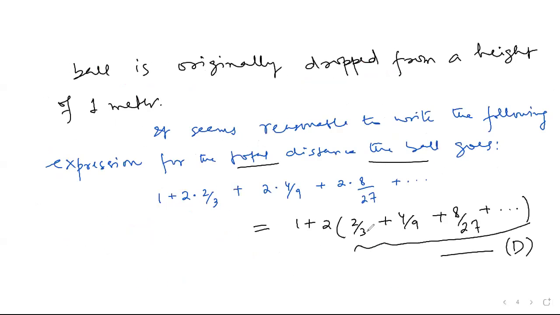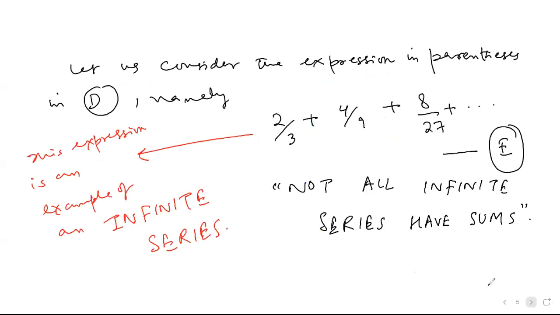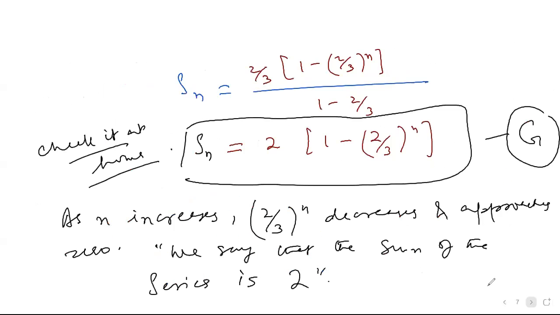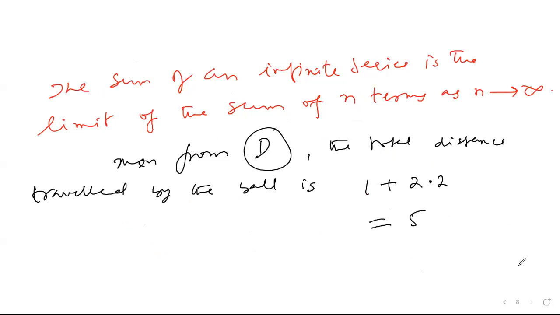Because 1 plus 2 times, now this sum is 2, this 2 times 2, so the total distance traveled is 5, right? So this is an answer to this mathematical problem,